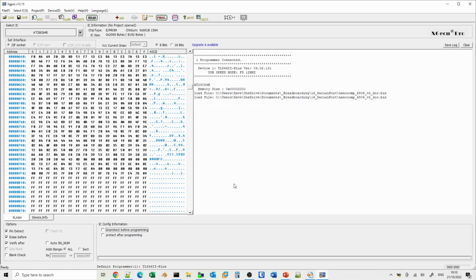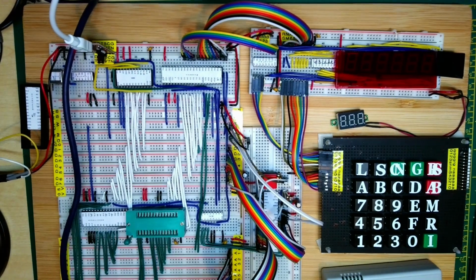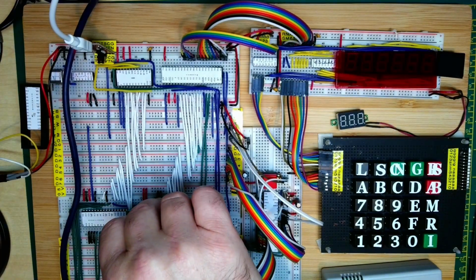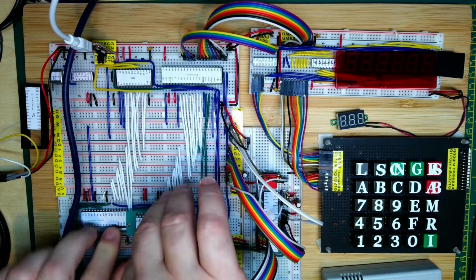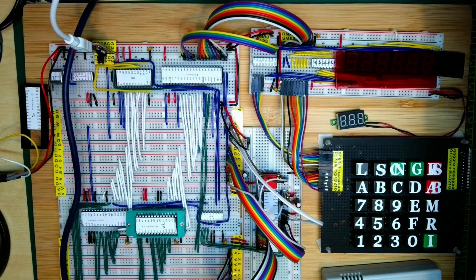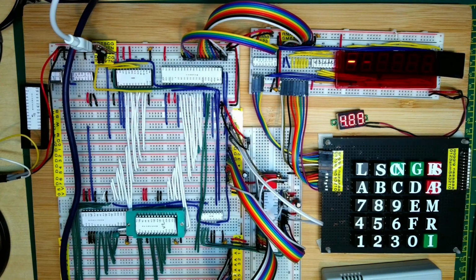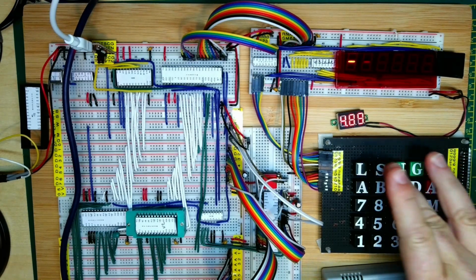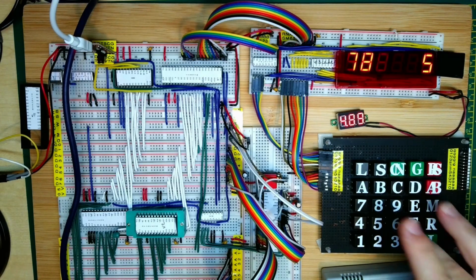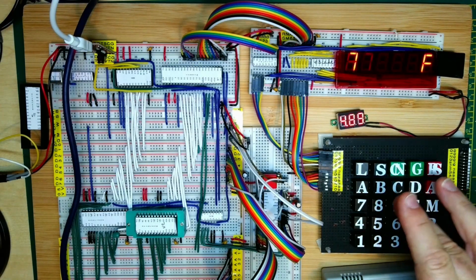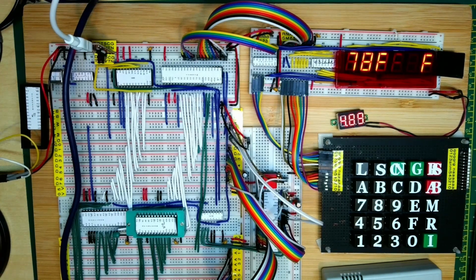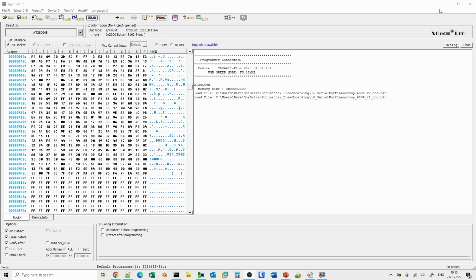Just take it out. Take it out and we'll plug it back in. And we'll power things on again. See if that's come back up again. And so we'll go back to the, what we're going to do is to save 7800 to 78F, and we don't press the final F until we're back on the main screen.